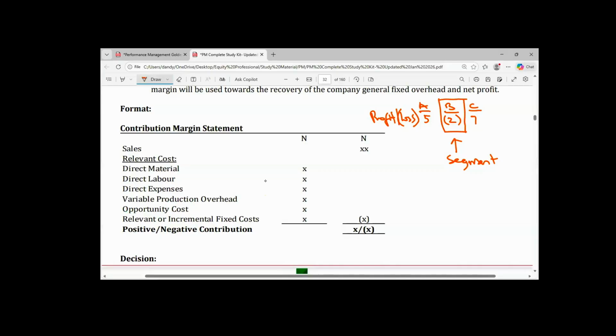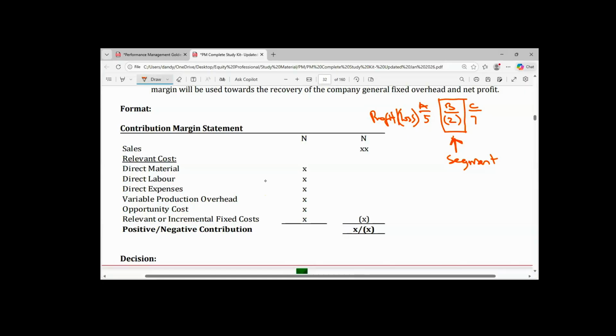Now, before management makes the final decision, before you provide your recommendation or advice, you have to analyze the affected segment in two different perspectives. In this case, this product B, we want to analyze the economic angle as well as the qualitative aspect of